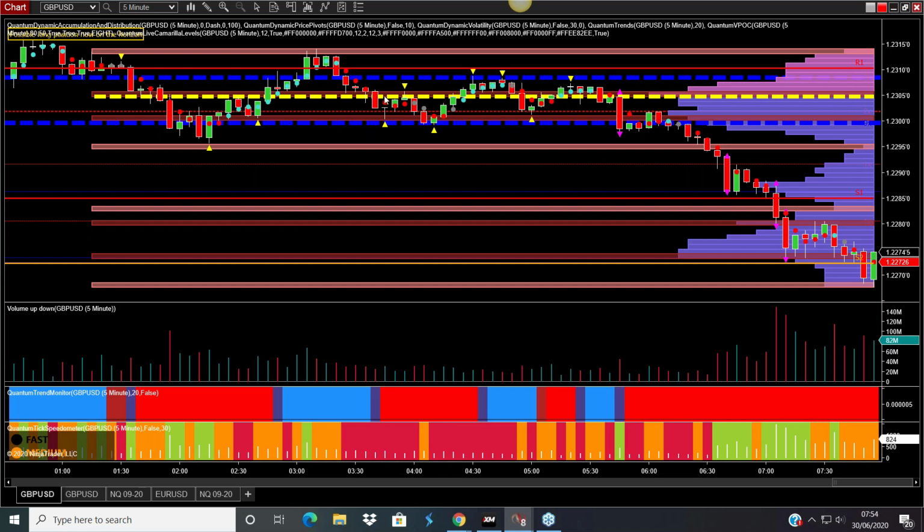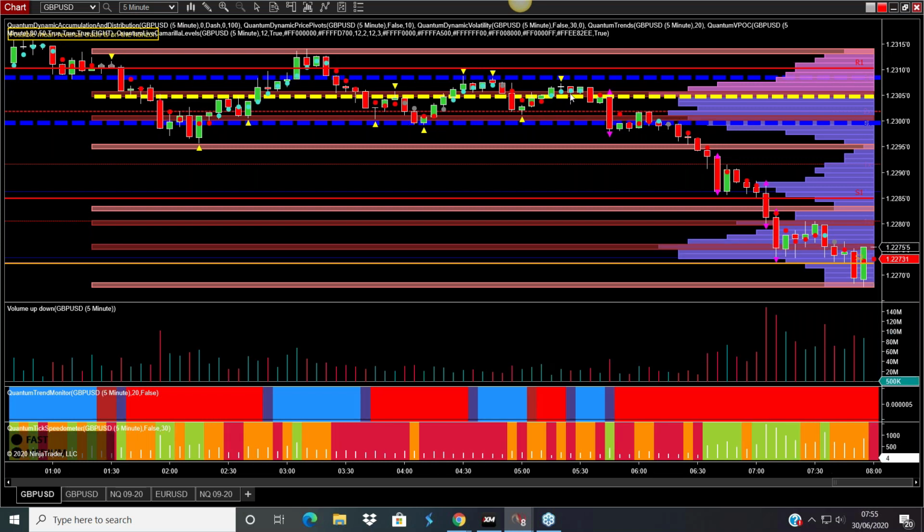This congestion phase here, oscillating around what we call the volume point of control. We look at volume in two ways in VPA. We look at volume down here in terms of the activity, but we also have another way of looking at volume, which is volume over time. So it's transacted volume, so it's price, volume and time.